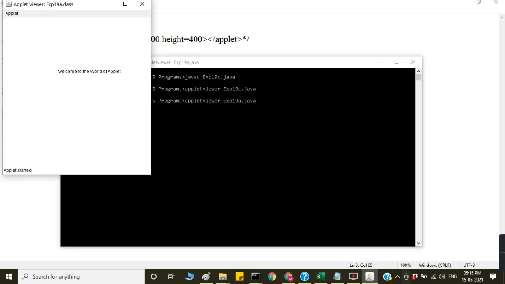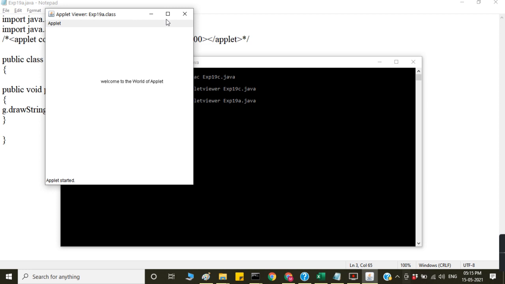I already compiled it, so I'm minimizing.